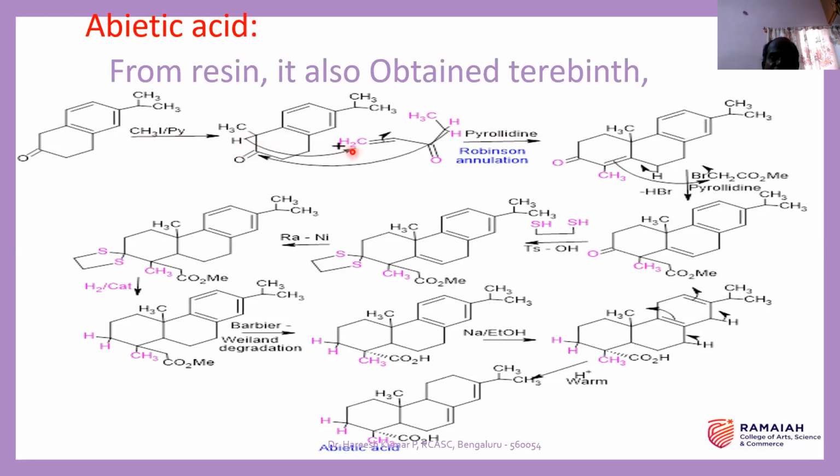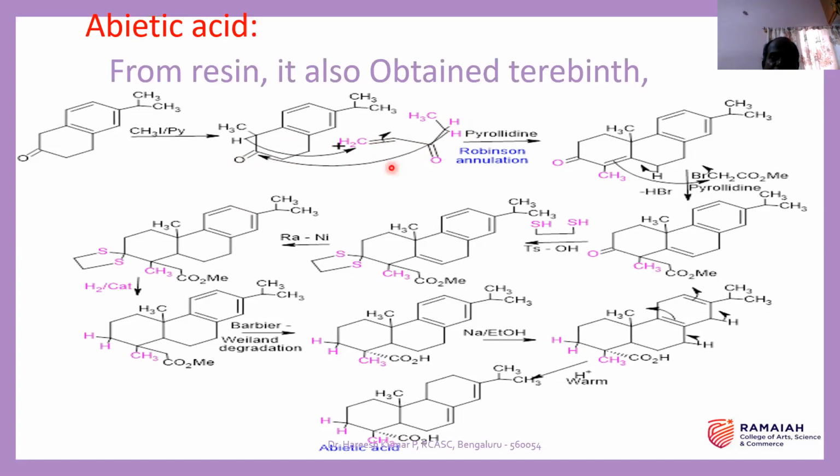This anion attacks the alpha beta unsaturated carbonyl compound. This one is alpha beta, meaning there is a double bond here, and this is a ketone. Alpha is this position, beta is this position. Alpha beta unsaturated ketone. Then here, what is that? This is also an alpha position. So these protons are also acidic. So these two protons and this OH will go out.